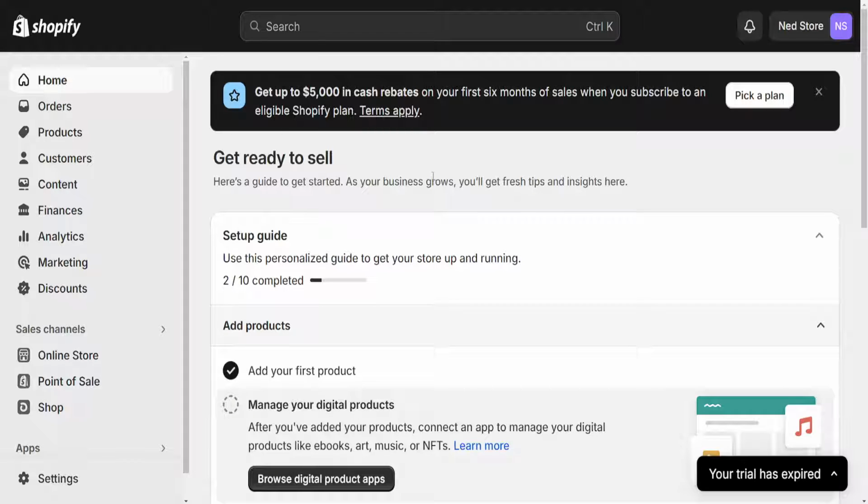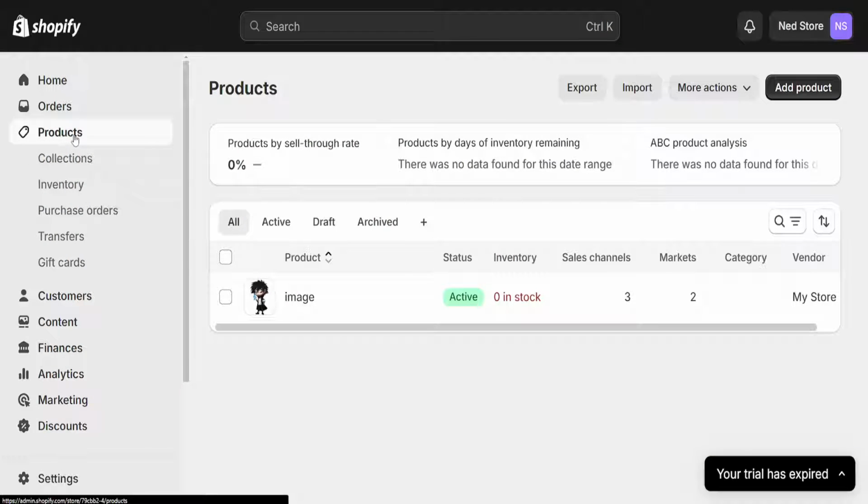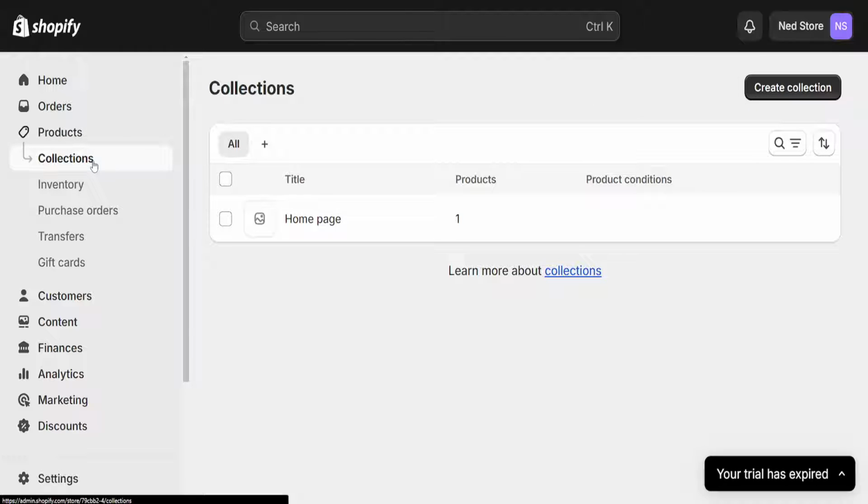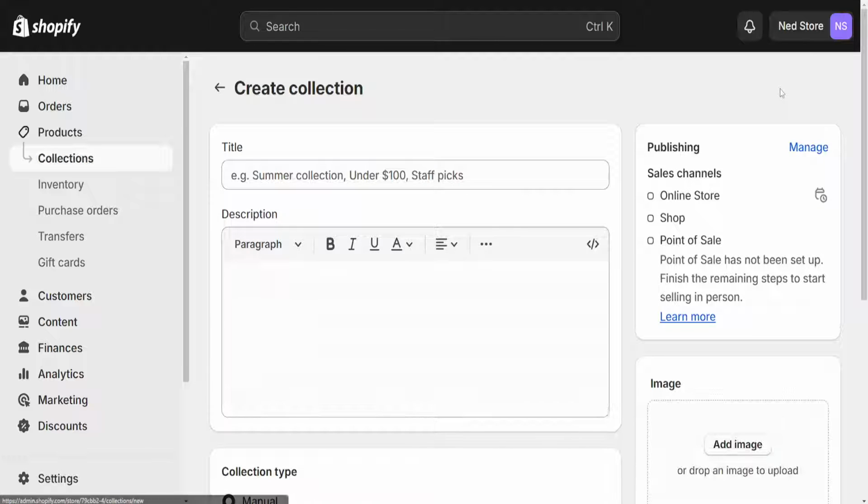How to add product categories and subcategories on your Shopify store. From the left hand side, we will choose products, and once this loads, from the drop down menu we will select collections here. So if we want to create categories and subcategories, we will choose the button to create collection,